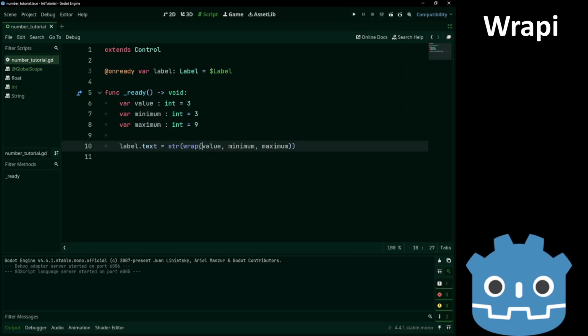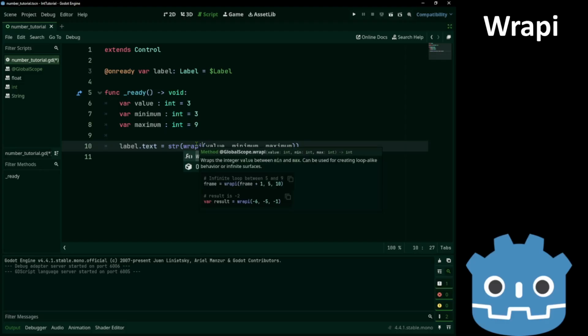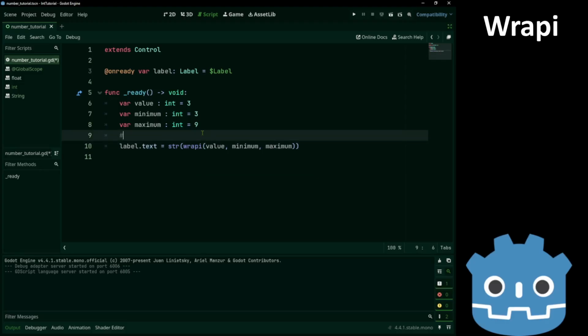Okay, we only have integers, so we can change this to wrap I, and the result of this method will be the numbers between 3 and 9. The minimum is inclusive, the maximum is exclusive. So we can get the numbers 3, 4, 5, 6, 7, 8.